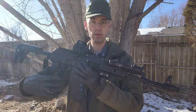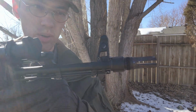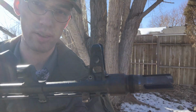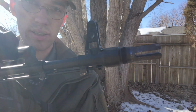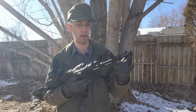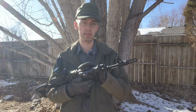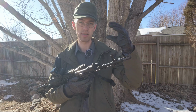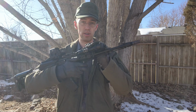I did try measuring this. The approximate intrusion you're going to get with this flash hider is about 1.52 inches, and I measured that from just barely in front of the threads to the end of the device itself, of course. So if you look at Wolfpack's website, that is supposed to fit, but what I think is happening is, compared to Wolfpack's actual flash hiders that are kind of more open, it ends up kind of hugging that blast baffle. Compared to this, it just